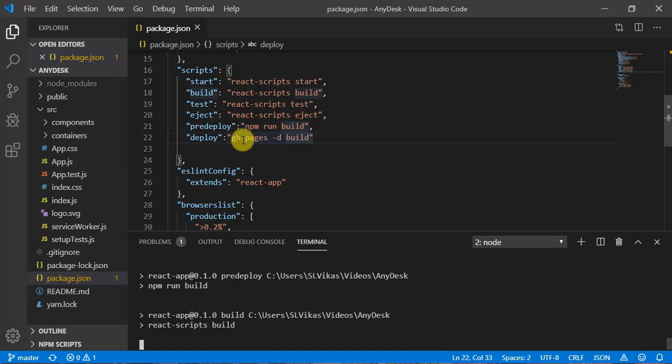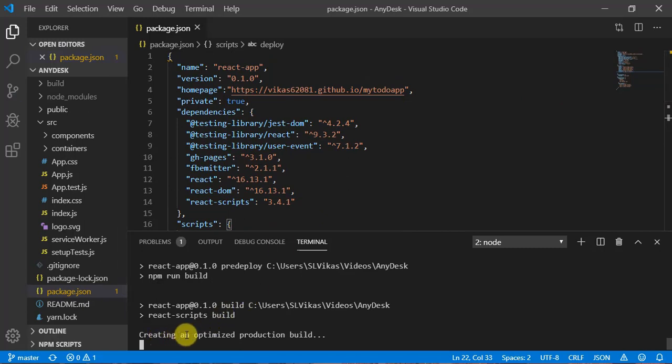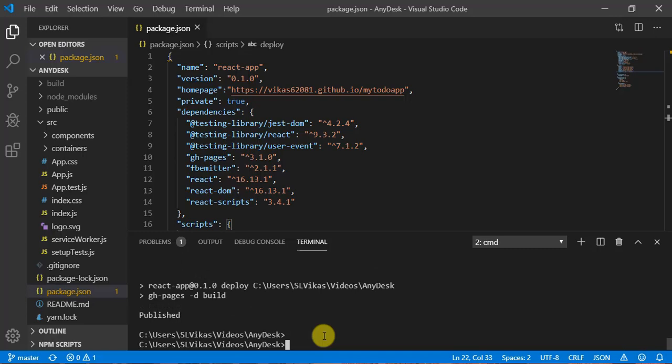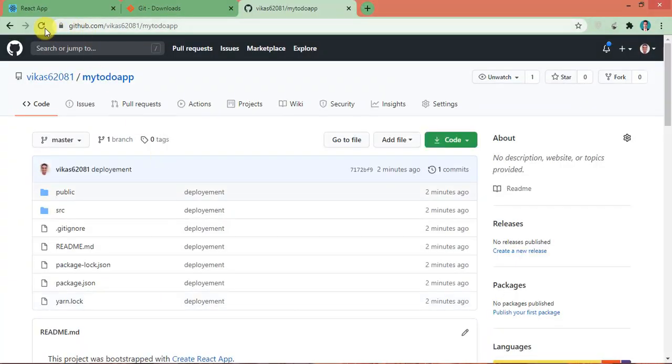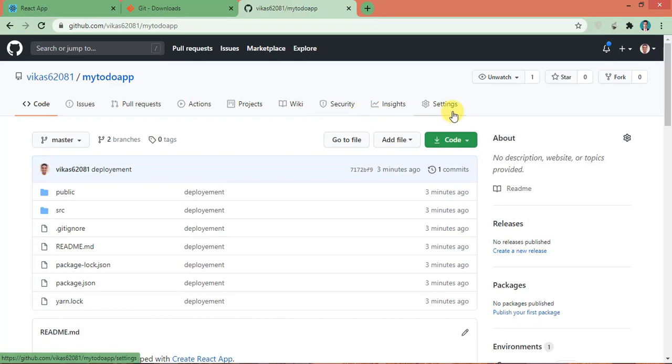After that it will deploy this application to this URL, okay. You can see here creating an optimized production build. As you can see here, it has been published, okay. So now let me go to GitHub and refresh this page, okay,